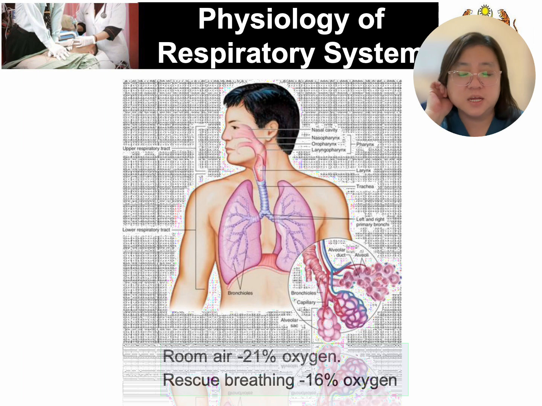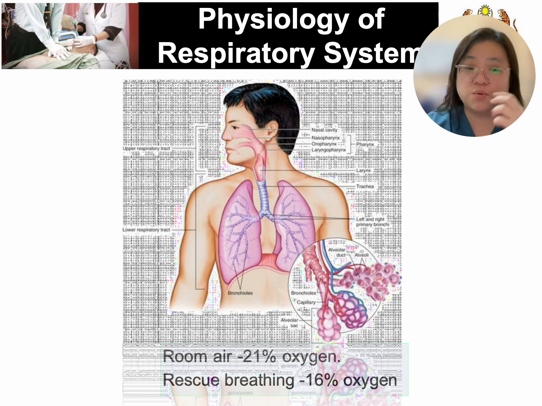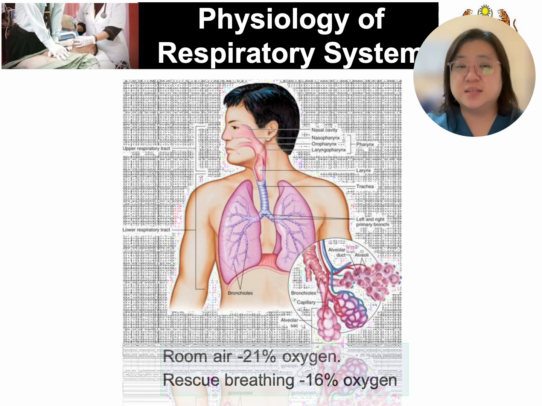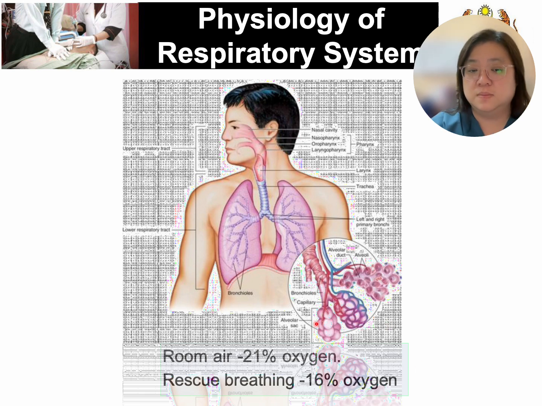Okay. Basically, here we are telling you that room air has 21% oxygen that we are breathing. So when a patient collapses, when you give rescue breaths, okay, when they collapse, they are not breathing. So they don't have that 21% oxygen at all unless you give that rescue breath to them, and then they get their 16% oxygen. Okay,